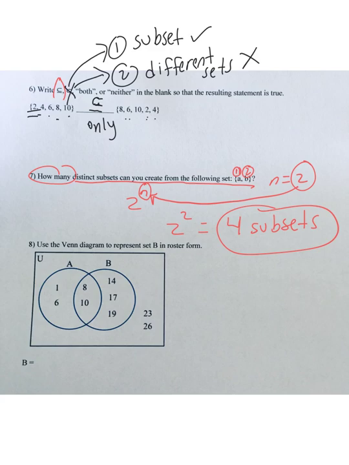Question number 8. Use the Venn diagram to represent set B in roster form. So everything that's in circle B, let's go ahead and list that. Oh, and actually, I have a B below the question. I didn't even see that there. So it's down here. So it is a set, so I do need curvy set brackets technically around my answer. And I can list these numbers in any order, but inside circle B, I have an 8, I have a 10, comma in between all the numbers because it does want roster form, 14, 17, and a 19. Close the brackets,